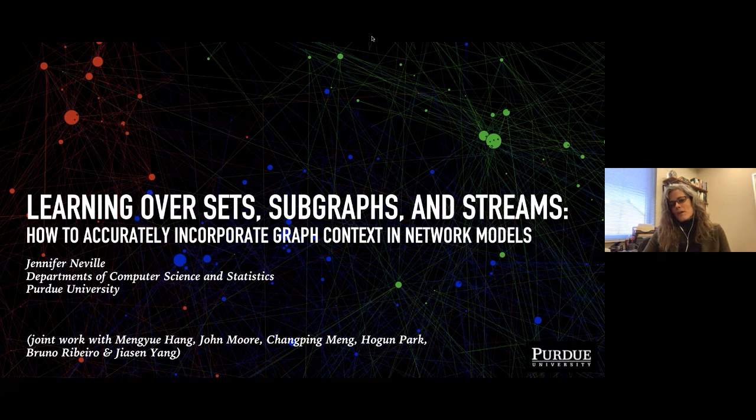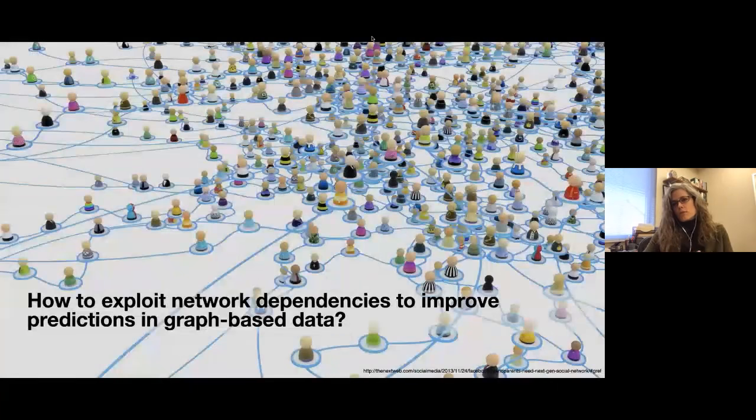I'm going to talk today about some of the recent work that we've done in my group using neural network type components to learn models of graphs, particularly thinking of them as sets or subgraphs surrounding a neighbor, or streams of sets over time. And to give you some background to set up, I know I gave another talk for a different group last week, so some of this will be a little bit of a review for them, but what I want to do is characterize